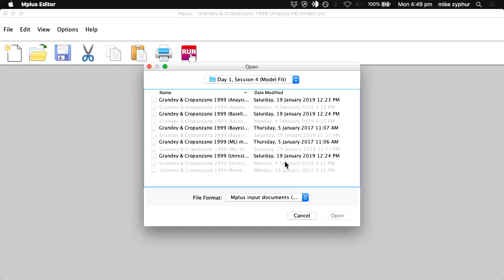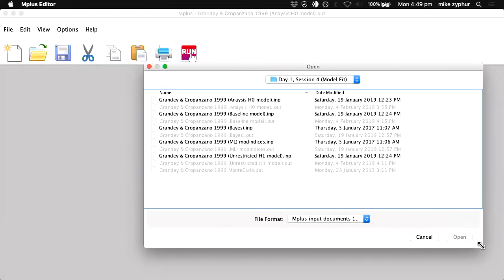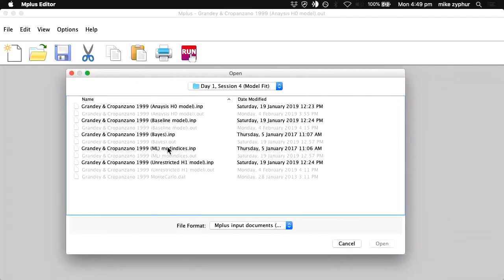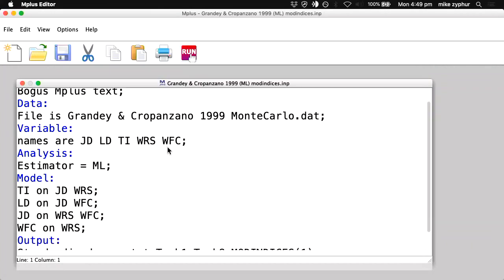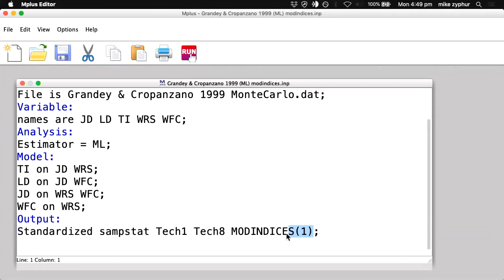And in Mplus, the command is really easy. Just like anything else, there's a lot to know about it, and you can read a lot of the literature on it. Let's go to modindices.imp, and if we scroll down, it's basically the same thing except this. Now we've said, hey, Mplus, give us modification indices, and the parenthetical afterwards says, give us modification indices that improve fit by 1 chi-square value or more. And then if you run it,